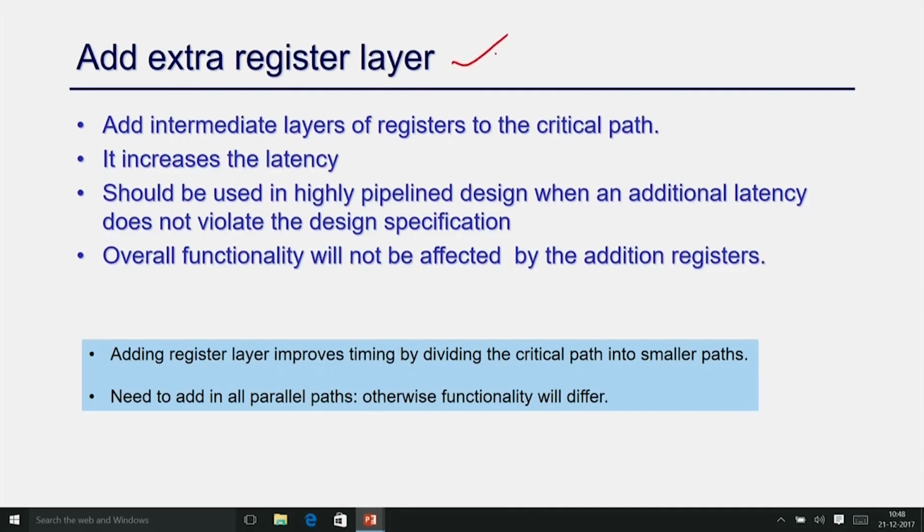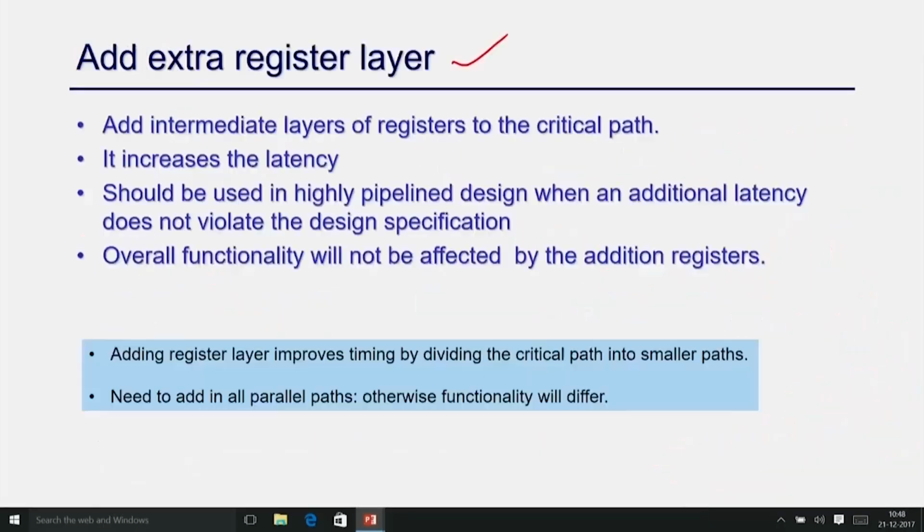technique, which is called adding an extra resistor layer. So in retiming, you are not adding extra resistors. What you are doing is just moving your resistors in your design to reduce the critical path length. Okay. So here, instead of moving, we are just adding some extra resistor layer,